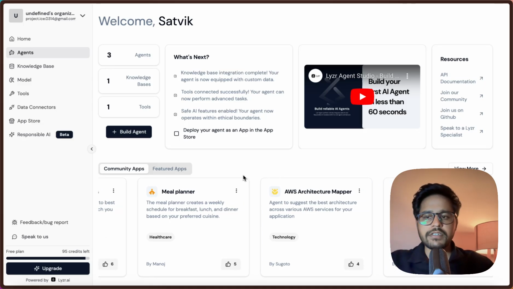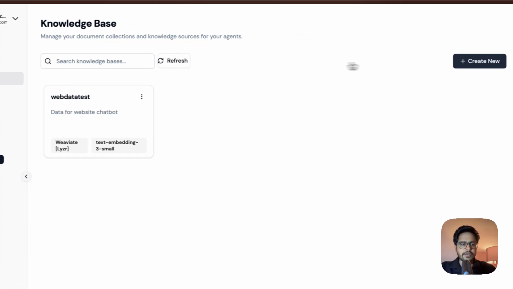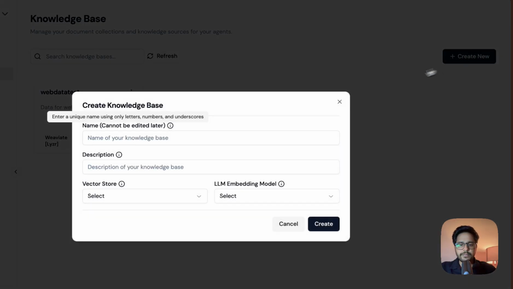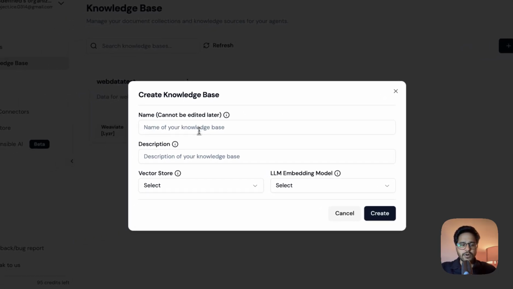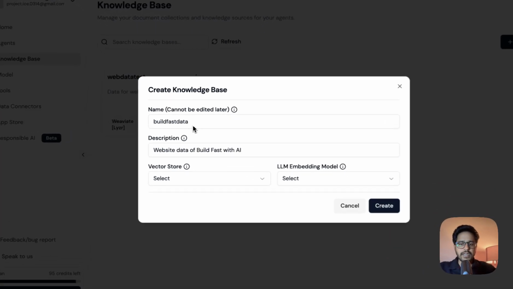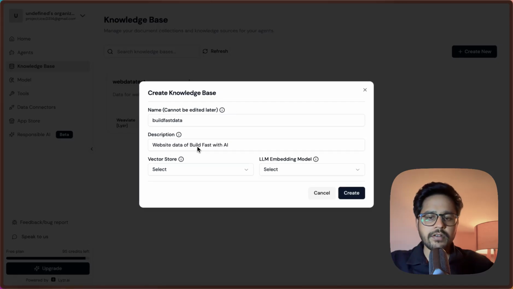So the first step is to create a knowledge base. You can just click on this and click on create new knowledge base. I'm just creating it and you can name the database. I would want to create a database for Build Fast with AI's website, so I'll just name it that. This is the name that I'm giving, Build Fast Data, and the description says website data of Build Fast with